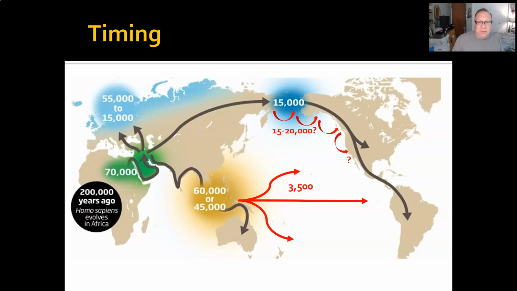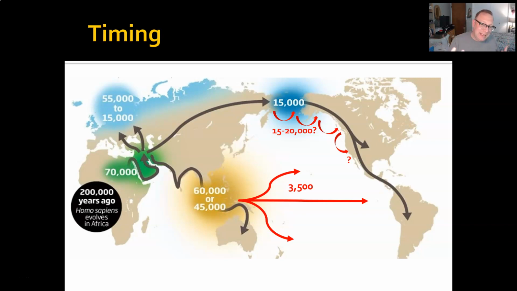Okay, so what does the timing of all of this look like? Well, 200,000 years ago, I'm going to disagree with some of the numbers on this chart. I just thought it was really colorful and I liked it. The species first evolves about 200,000 years ago in Africa. So that's when we see the oldest remains that we reasonably call Homo sapiens. They evolve in Africa, like I say, for about 100 or maybe a little more than 100,000 years.